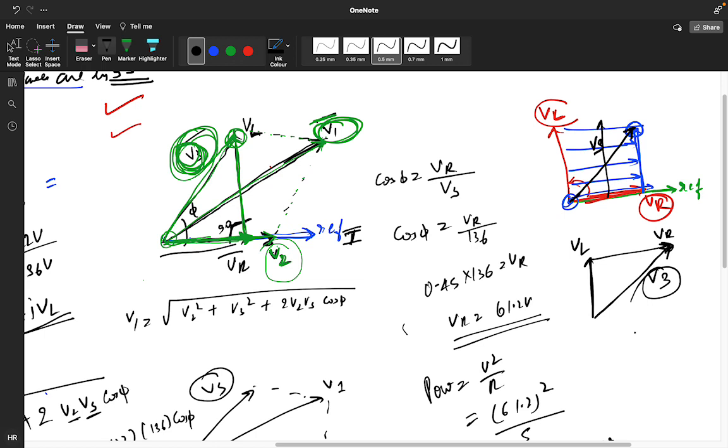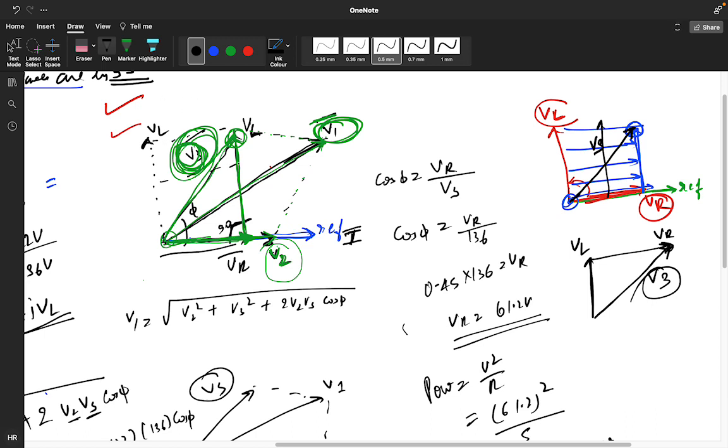Understood? So that's why, for drawing here, the hidden part is this. This is your hidden part. This is also VL, with respect to this. But we had shifted